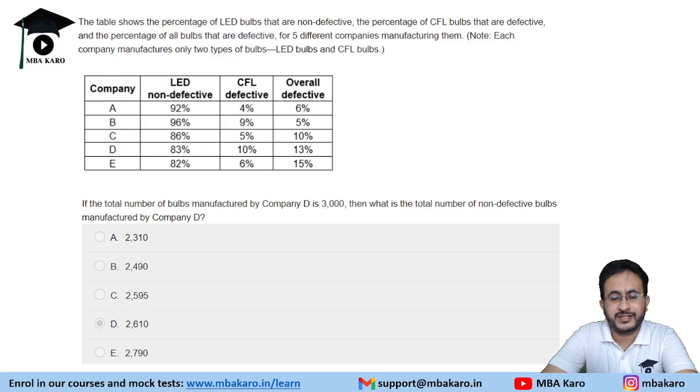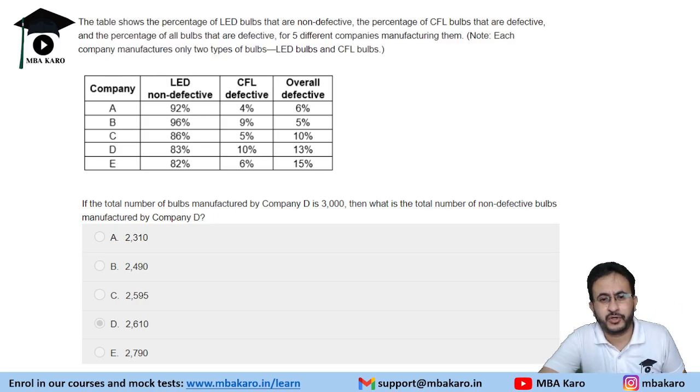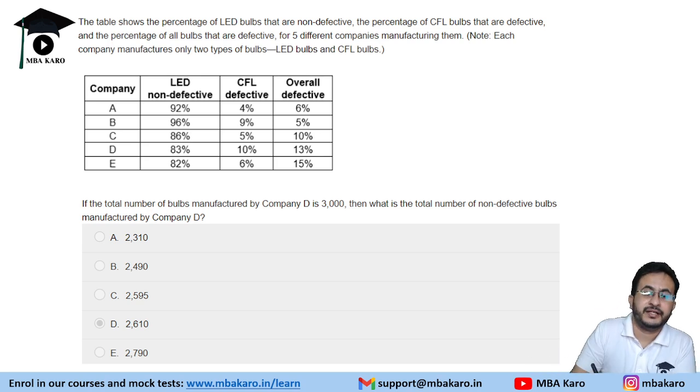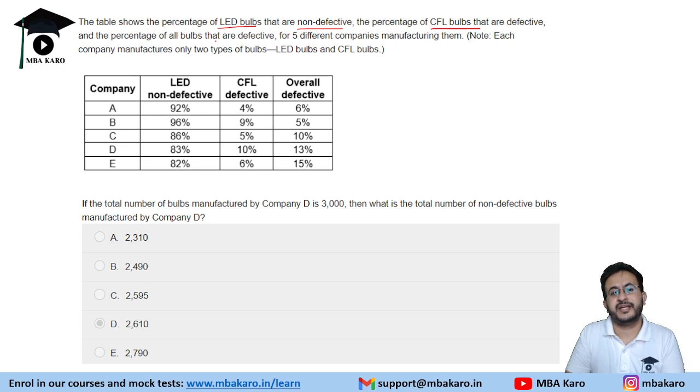Let's move on to the next question, which was based on the concept of allegation. Now, how is it allegation, how will we solve it? Before we solve it, I'll tell you how one has to use allegation in this. The table shows the percentage of LED bulbs that are not defective, the percentage of CFL bulbs that are defective, and the percentage of all bulbs that are defective